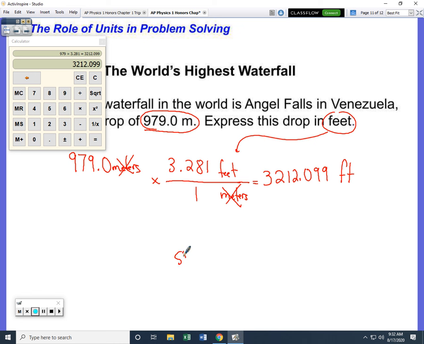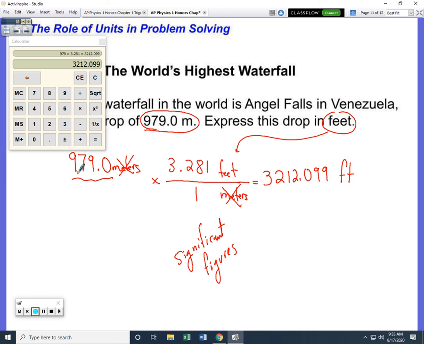Now, one of the things we're going to get into is also the concept of significant figures. Significant figures is a place that I want you to start rounding things off. In other words, when you are actually giving me a final answer, I don't want you to give me the full calculator answer. This answer up here has all of the different numbers the calculator is giving me, but I probably don't know it to the nearest thousandth of a foot. So I need to round it off a little bit. Your original number is going to help us with that, and actually the numbers in the problem always help with that.